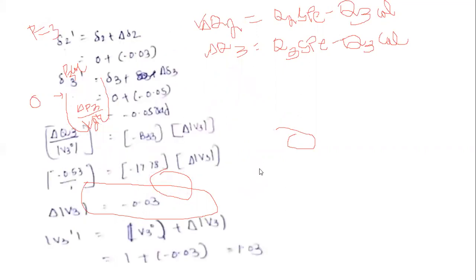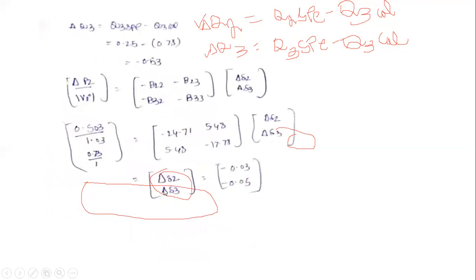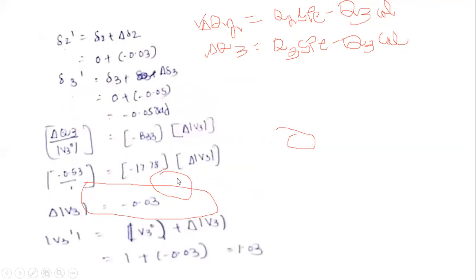Next, calculate delta 2 dash. Delta 2 dash is equal to delta 2 plus delta delta 2. Delta 2 means this value. This is the delta 2, delta 3. The specified value we are assuming